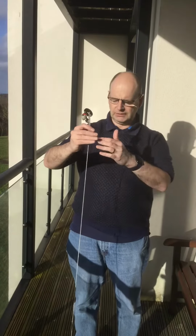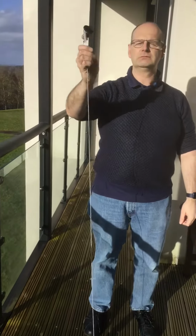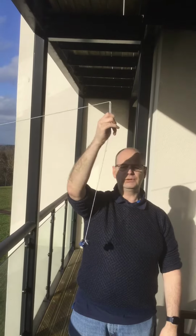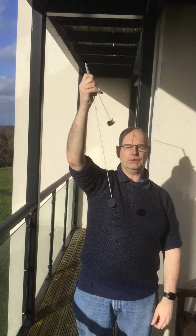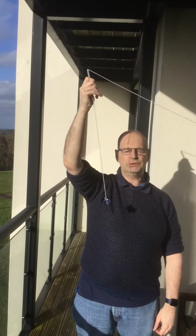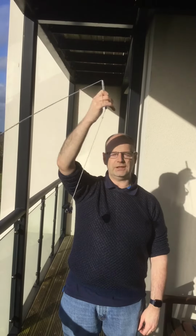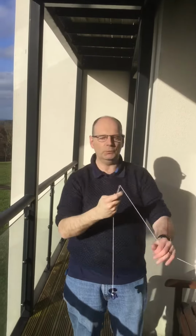We're going to spin this around, it's going to produce a central force, it's going to lift up the other end. So here we go. And when you get the rotation at a nice steady speed horizontally, then you need your colleague to time 10 revolutions. 10 revolutions is going to give you a time and an angular displacement that is sufficient to get a reasonably accurate angular velocity, and then from a measurement of the radius and the mass at the top end, you